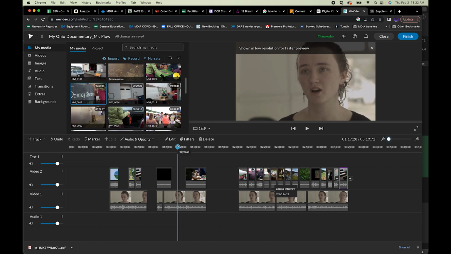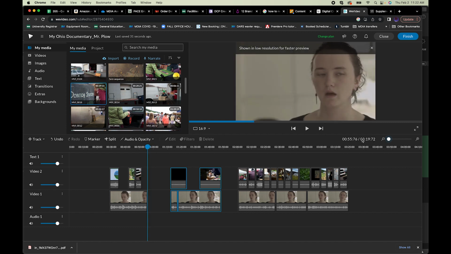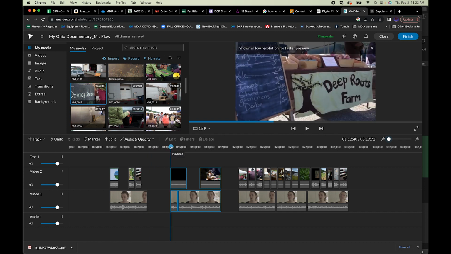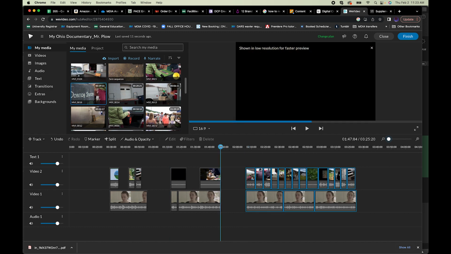So now that I've got that layer done, to prepare for the next layer, what I'm going to do is I'm actually going to create kind of some even spaces between these things here. So what I'm going to do, so this is about 55 seconds or so, 55, yep, to about 112. So there's about a 15-second gap right here. And then I'm going to create another 15-second gap or so between this one. And then of course I've got a gap here at the beginning,